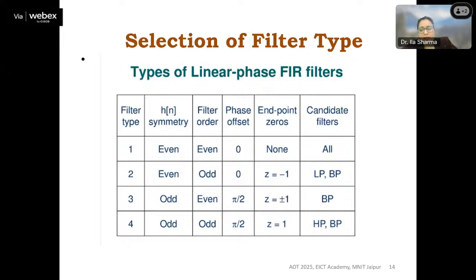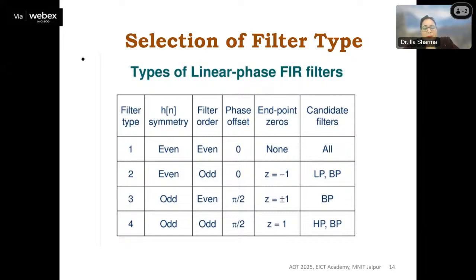Fine. Even meaning, let's suppose from 0 to 10. How many even orders are possible? That can be 2, 4, 6, 8, 10. And odd orders will be 3, 5, 7, 9. And symmetry meaning, if it is even symmetric, the left hand side and the right hand side sequences will be the same, and there is no sequence in the 0th term, whereas in the odd there will be one sample at the 0. You have to recall some part of signal processing so that we can distinguish the different types of signal.